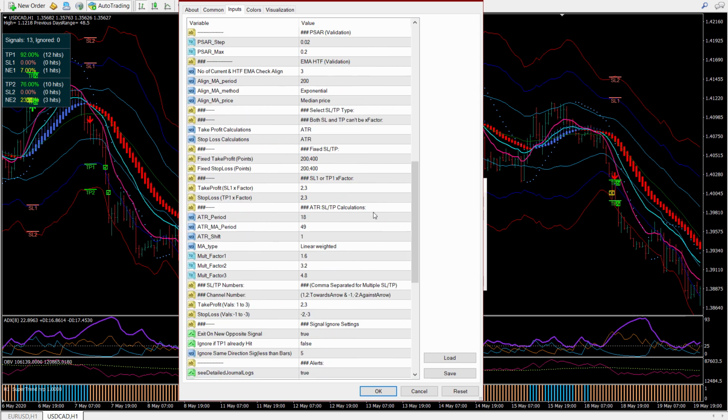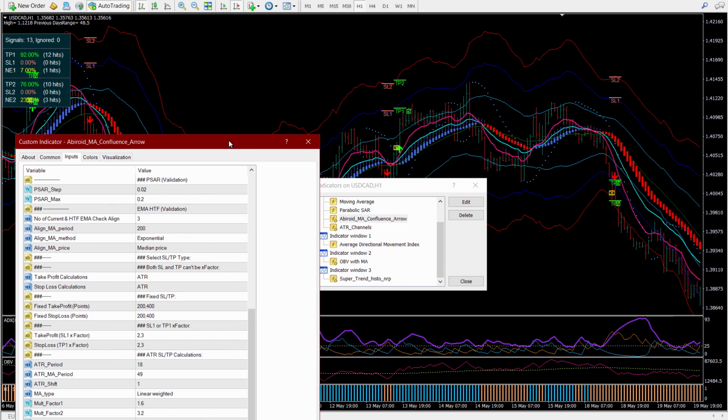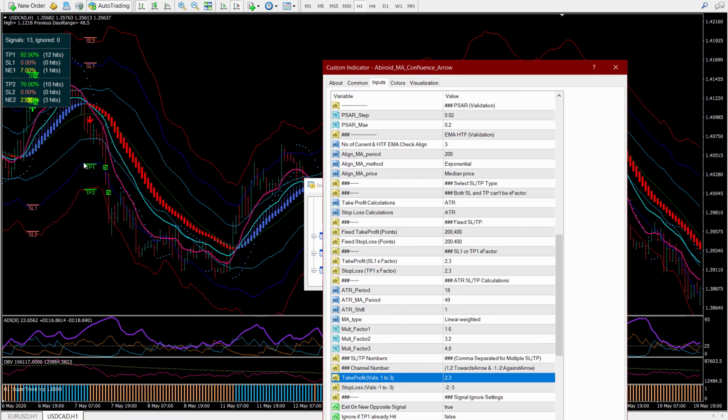Going back, right here in ATR settings we have specified take profit values to 2 and 3 and stop loss values to -2 and -3. So the possible TP values can be 1 to 3, which means that if there is a sell signal, for example, then this will be channel 1, 2, 3, and this will be channel -1, -2 and -3.